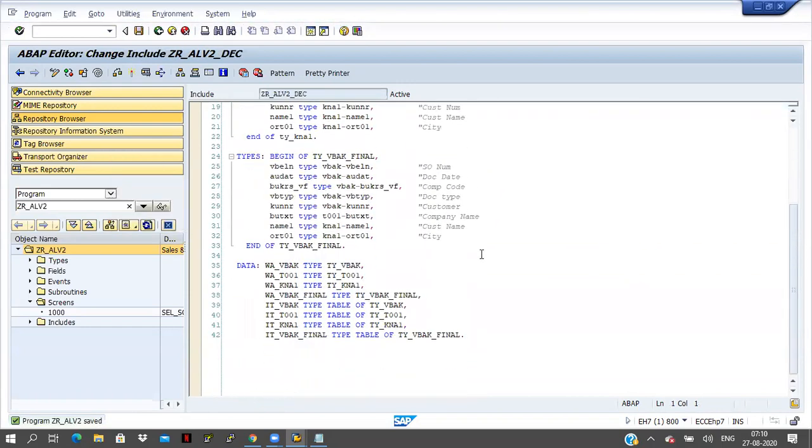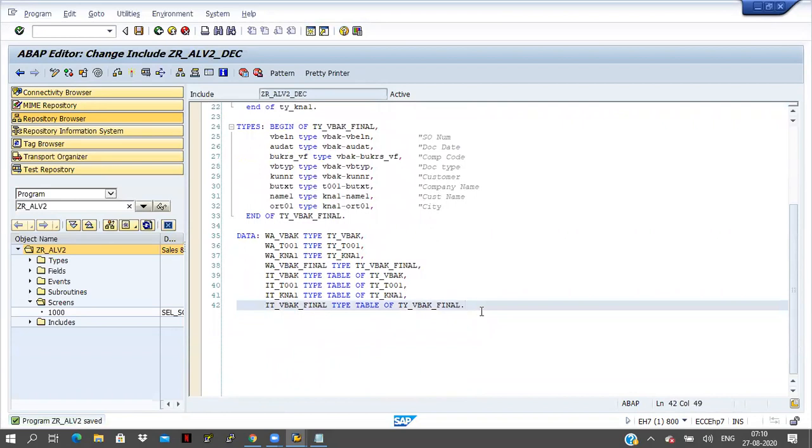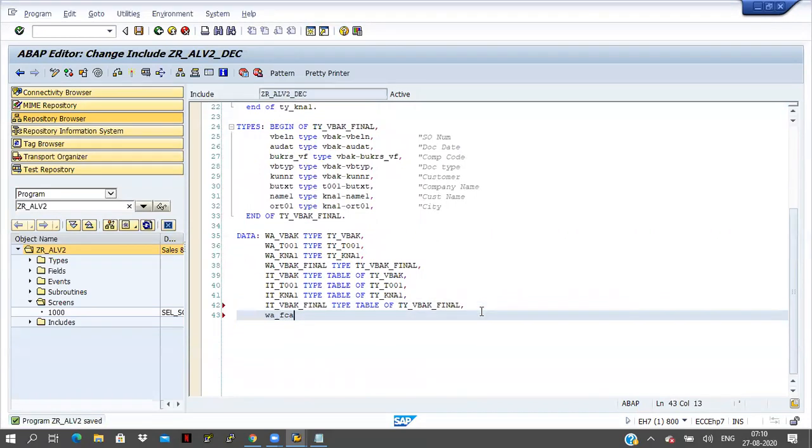Here I will declare work area fcat underscore vbak. This is for VBAK, the header information, that is why I am taking the work area fcat vbak. I will take the internal table first, because I have to check the structure once again.